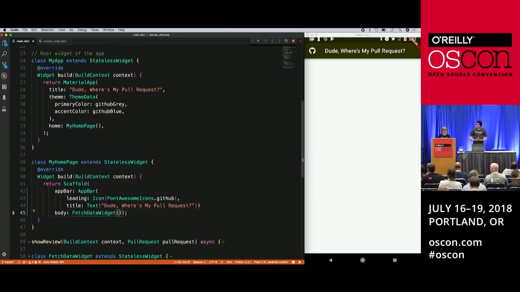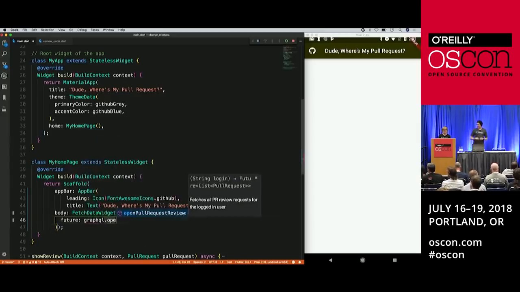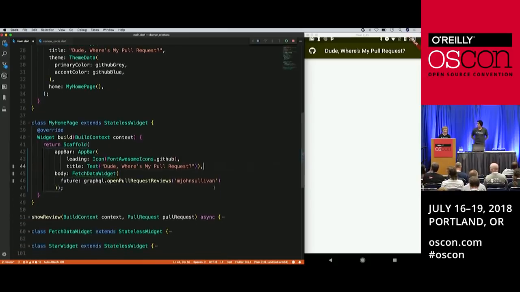We have a Scaffold widget, which gives us an AppBar. It gives us the basic structure of an app. And it takes a body, which is basically the white canvas. And what Emily is doing here is she is adding the FetchData widget. What is a FetchData widget? That sounds complicated. It is a widget that I wrote just down here, but it's basically a wrapper around the